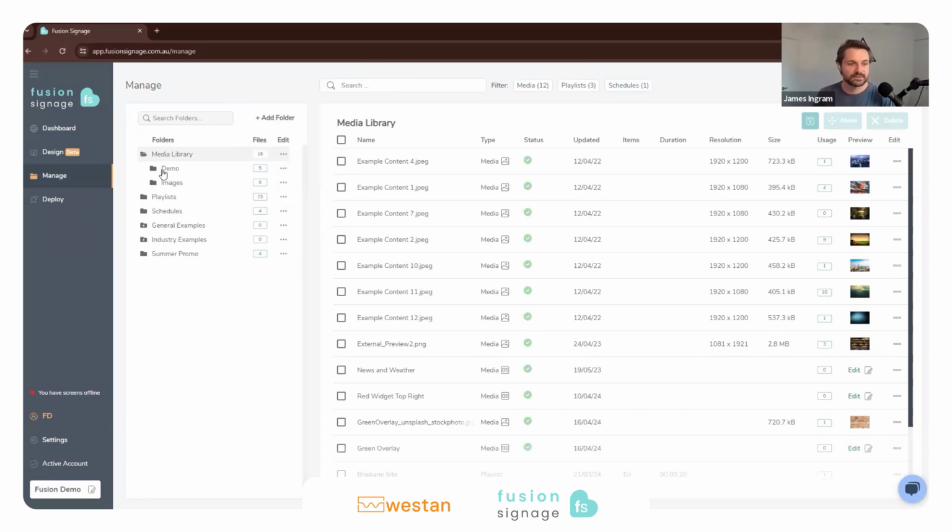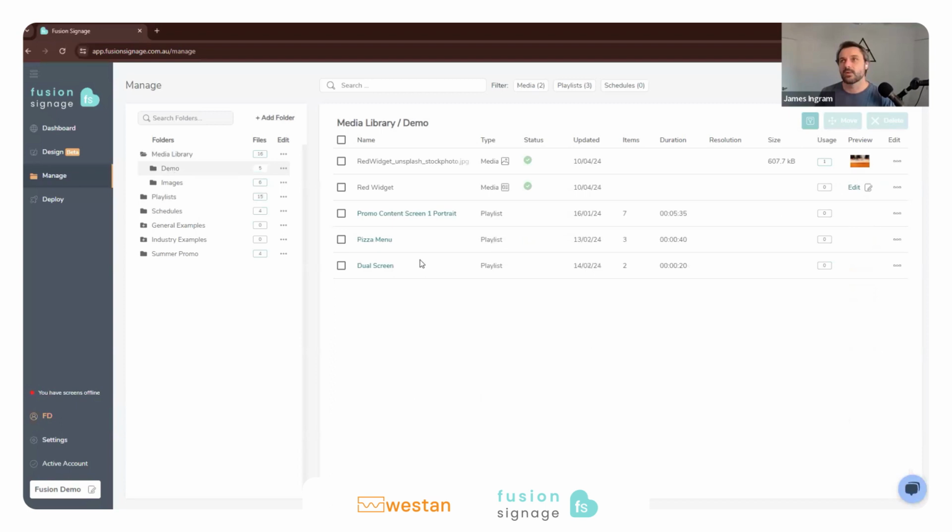But really, this just comes down to organizing the media in a way that makes sense to your customer. So you could have a whole promo in here, upload all your images and videos, create a playlist and a schedule, and just contain it within that one folder. So getting content in, simply drag it into the folder on the right over here,